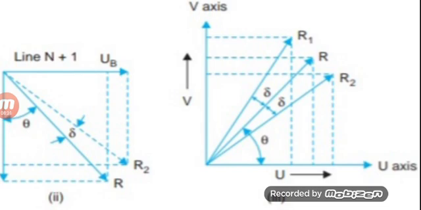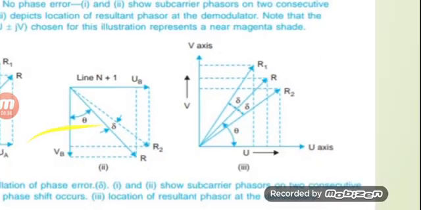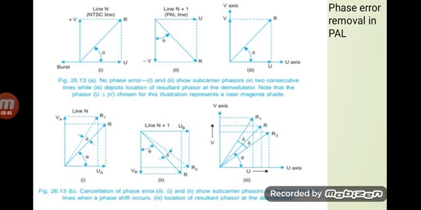If we take the average of both the errors, the error value will become 0. So in all, the PAL system ensures that for the first line a positive error will be generated,